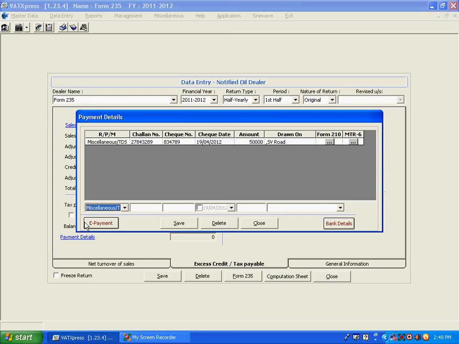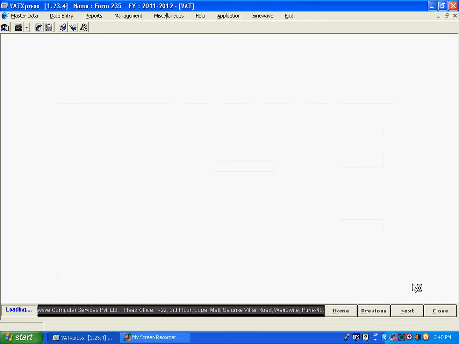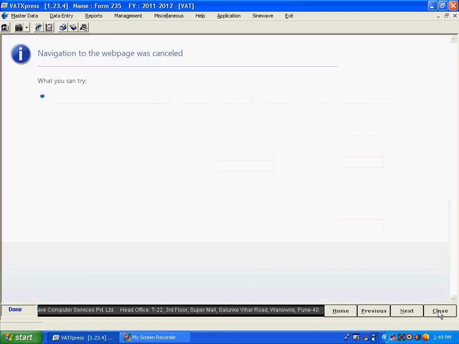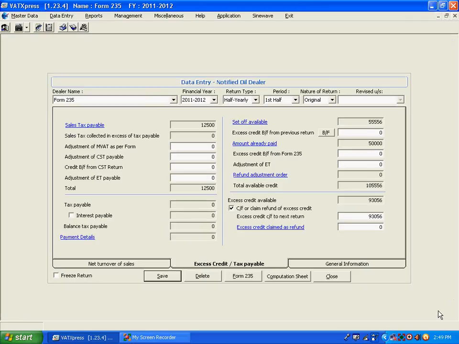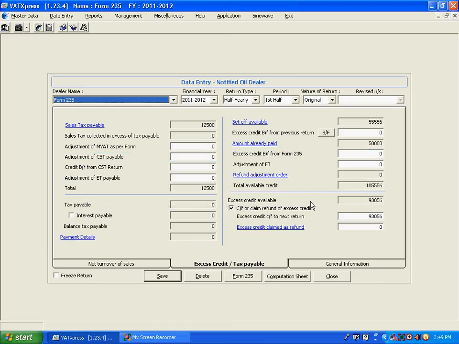Click on e-payment for payment. Alternatively, you can make payment of the amount due by clicking on the e-payment option.